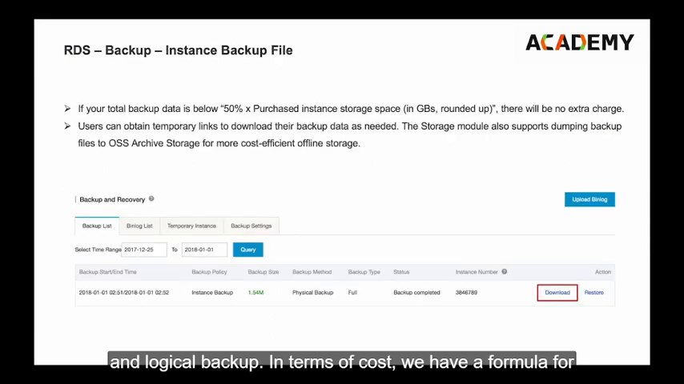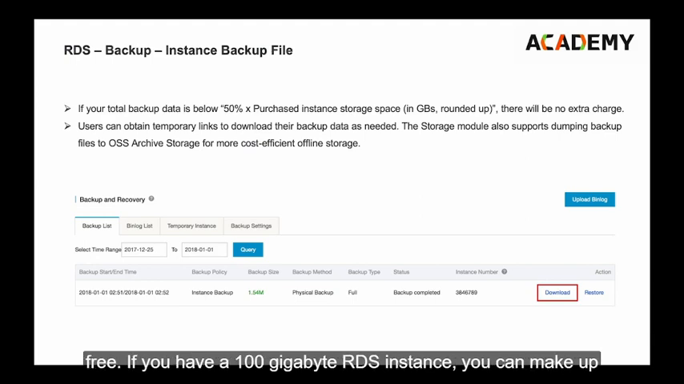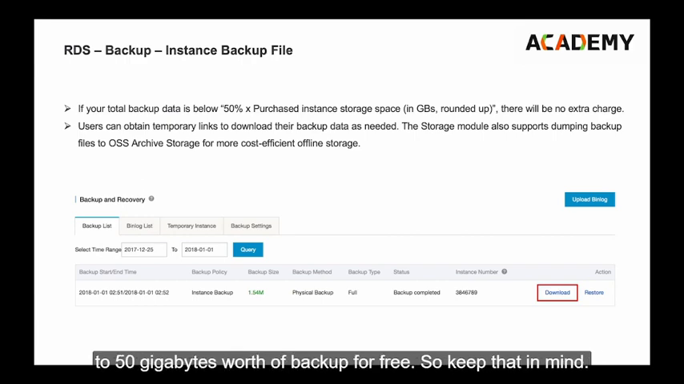In terms of cost, we have a formula for calculating how much database backup space to give you, and below a certain threshold, backups are free. So if you've purchased an RDS instance that has 20 gigabytes of space allocated to it, you can make up to 10 gigabytes of backups for free. If you have a 100 gigabyte RDS instance, you can make up to 50 gigabytes worth of backup for free. So keep that in mind. Once you exceed that threshold, which is 1/2 the size of your purchased storage capacity, then we do start charging